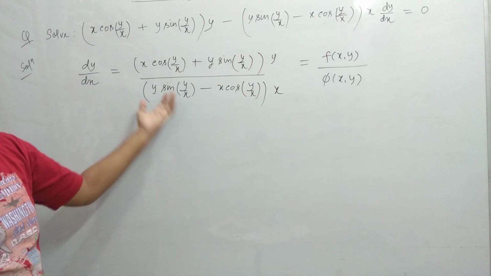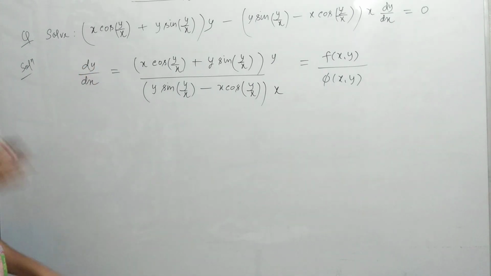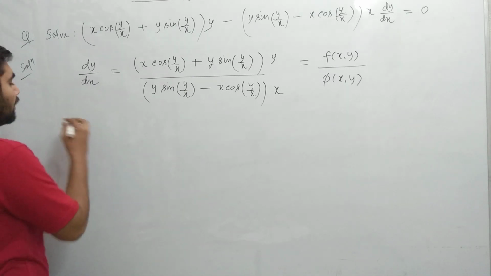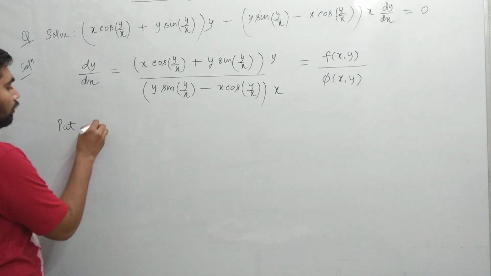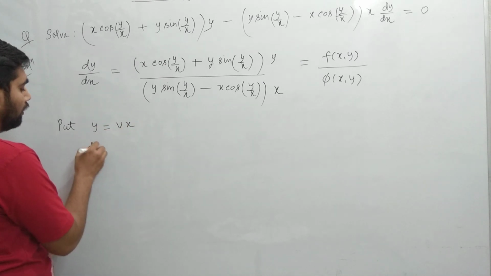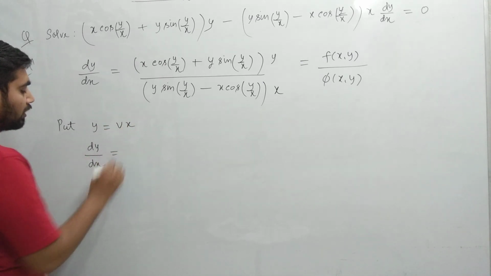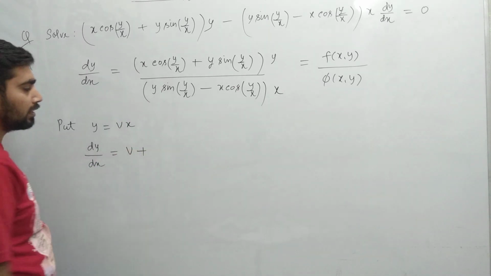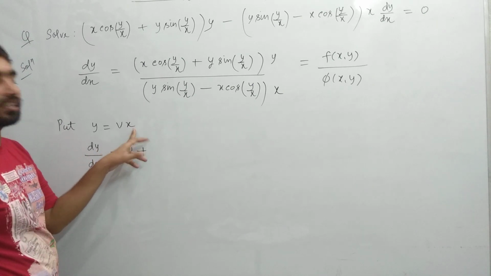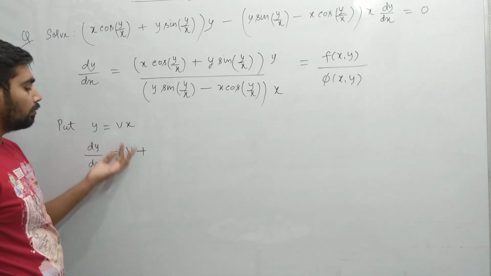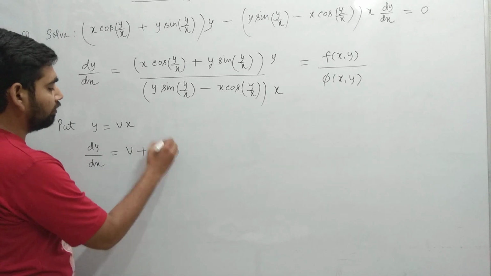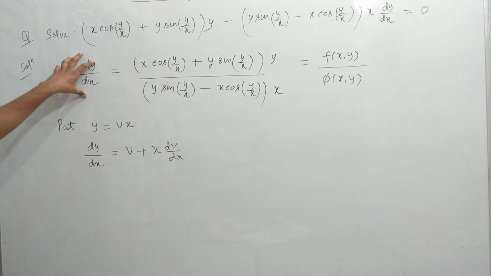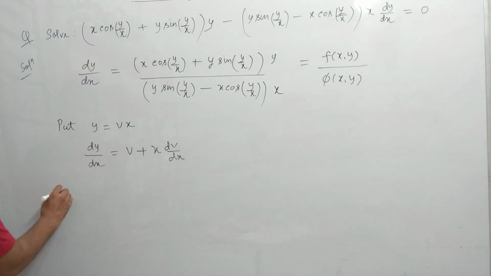Now to solve this type of differential equation, the dependent variable is y. We will replace dependent variable y with another dependent variable v, and its product with independent variable x. So we will put y equals vx. On differentiating with respect to x, dy by dx equals, by product rule, v plus v into derivative of x is 1. So v into 1 is v. V plus x, derivative of v with respect to x, dv by dx. So we will replace dy by dx with v plus x dv by dx